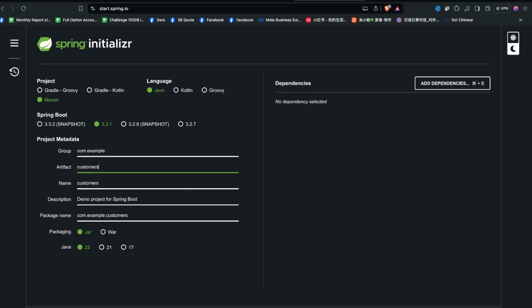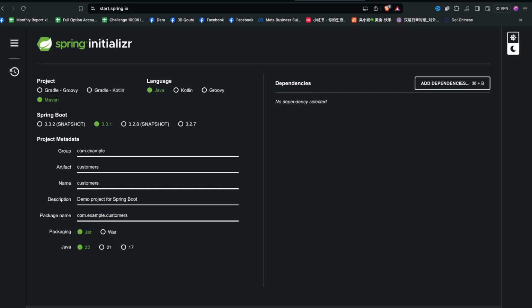But just basic Java Spring, we need some entity. So now I choose the language Java and Maven project and Spring Boot 3.3.1,